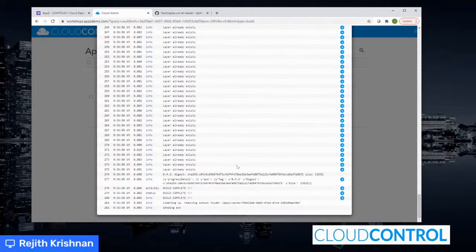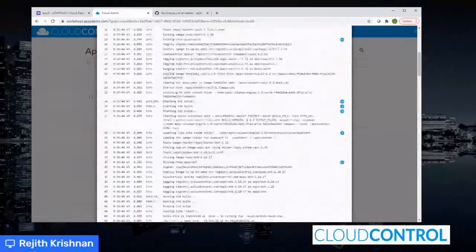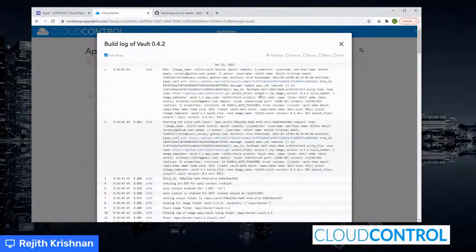Like, for example, if you had made a mistake in the AppZ YAML, or any issues in terms of resource constraints, things like that, you'll be able to see the errors here. Anything else you want to highlight here, Sanjeev? Yes, I would like to say that